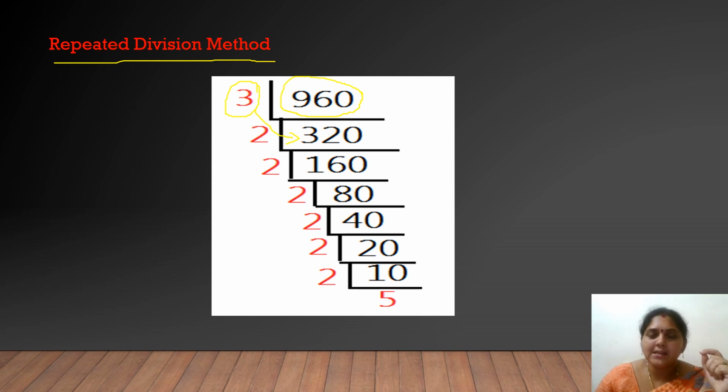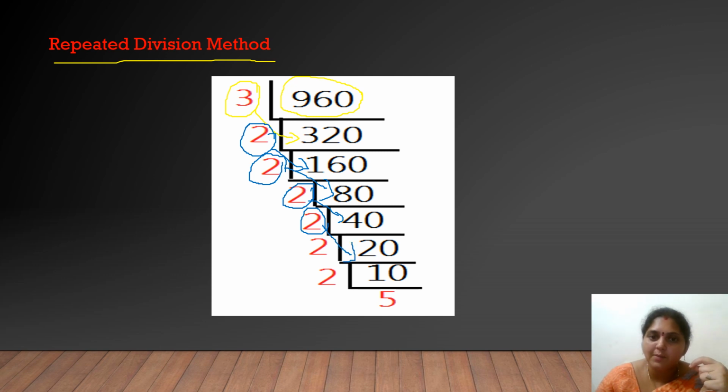Now, I am taking this 320 with my prime number 2. When I am dividing this 320 with the 2 table, I will be getting my answer as 160. And this 160 again I am dividing with the prime number 2. I will be getting it as 80. Again this 80 can be divided by 2, that is 40, because I need a prime number in the last also. That's why we are continuously doing the division. Now 40 again with the prime number 2, it will be followed by 20.